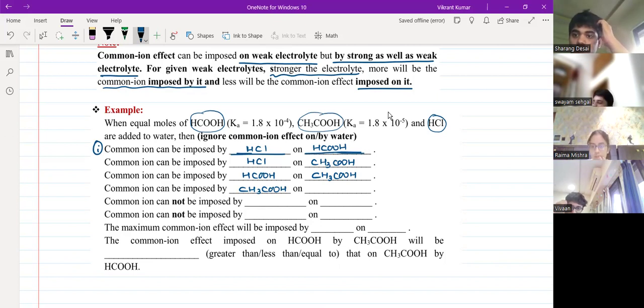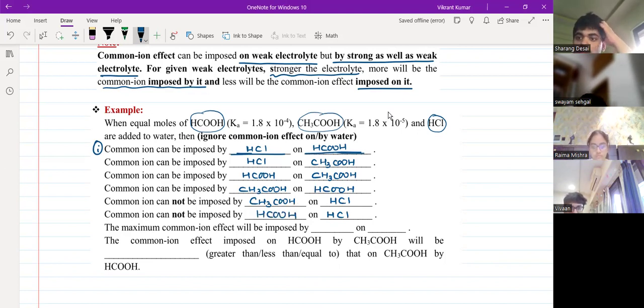No. Can it impose common ion effect on HCOOH? Yes, because it is also a weak electrolyte. But now if I am asking on which substance common ion effect cannot be imposed, I'll write HCl, है ना। HCl पे नहीं लग सकता, not by CH3COOH, not by HCOOH, किसी से नहीं लग सकता है ना।